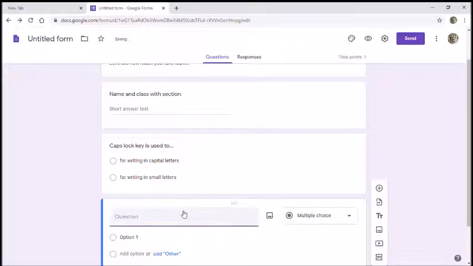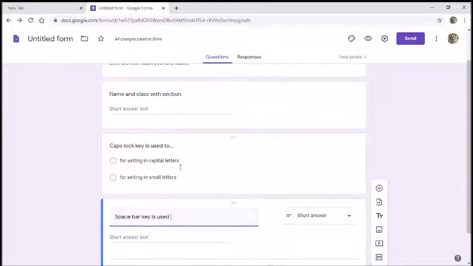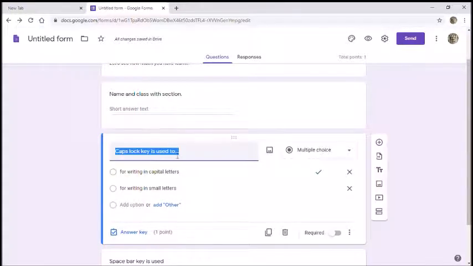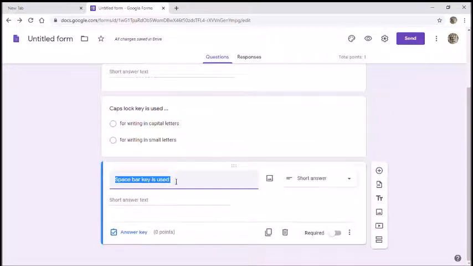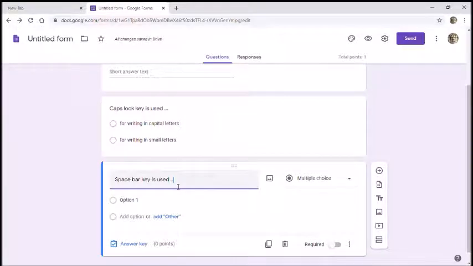Likewise, we will go to another question. Like our next question will be, spacebar key is used. Actually here we need to remove the 2, and here spacebar key is used. Now as I have put 2 dots here, it has automatically given the options. Now spacebar key is used